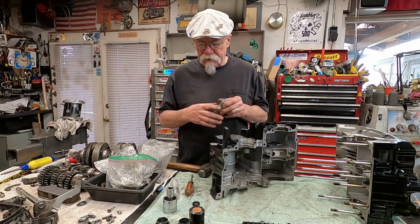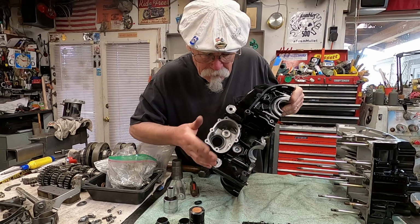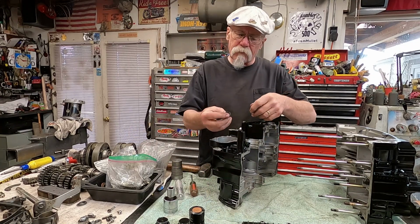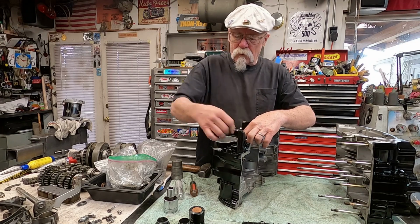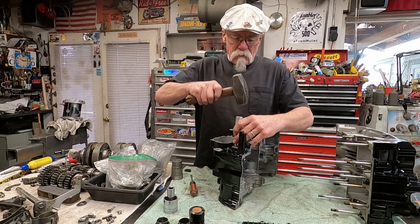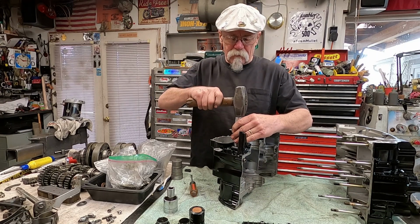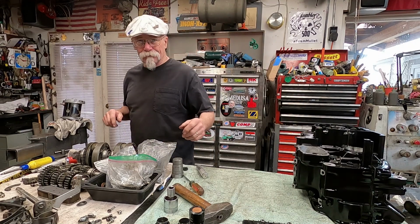To where it's flush on the inside there. So you can see right in here it's flush. Shift seal, same thing. I have a little tool that's about that size. Alright, seal installed. We're just bringing it down to its flush there. So now what you want to do